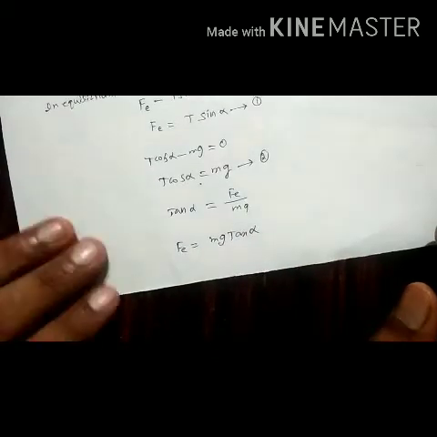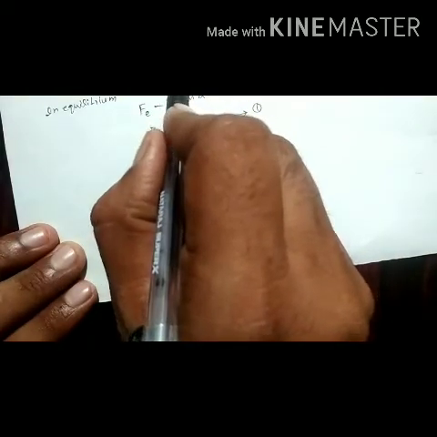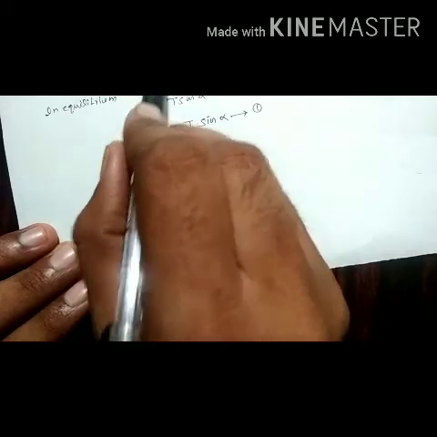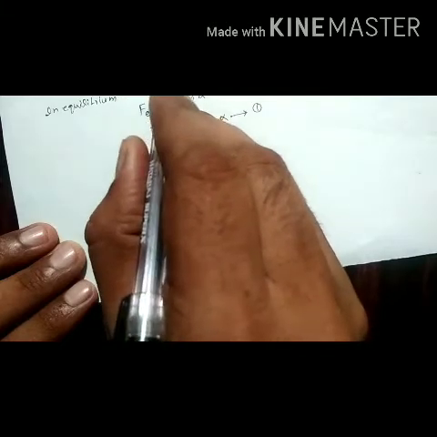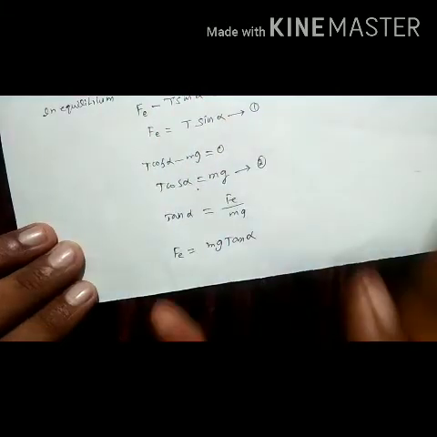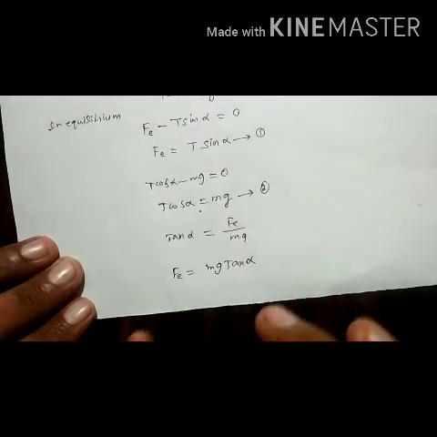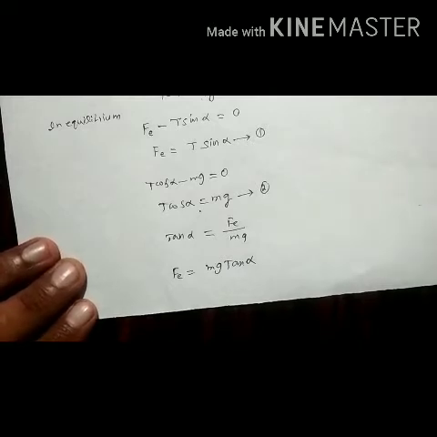So what is tan alpha? Here the separation is x, so you can take x by 2 as the opposite side, by the adjacent side. The hypotenuse is L, so the adjacent side is root of L square minus x square by 4. This is how we get tan alpha. This is the tangent law, and based on this application we can solve the problems which we have started, from 36 to 41.